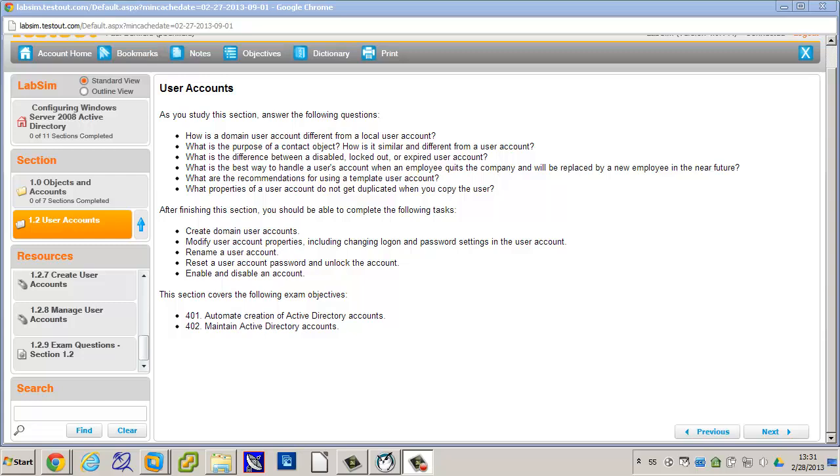Working with batch commands, you have dsadd, which is adding objects, dsget, which displays an object's properties. dsmod, you modify an existing object. dsmove moves the object in a domain to another folder or organizational unit. dsquery helps you find objects. And then the things that meet that criteria, you can then use another command. And one of your commands is a dsquery with a dsmod. So the objects that match this criteria, you are going to modify.